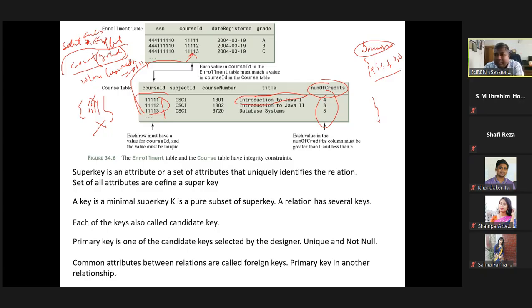So grade will count where the course ID is 1111. How many 1111? So all the grades you will count. How many grades did you get? A, B, C, D, like that. Or if you want to find out count grade where grade equal A, okay, and grade equal A. So what I want is, okay, so course ID, and